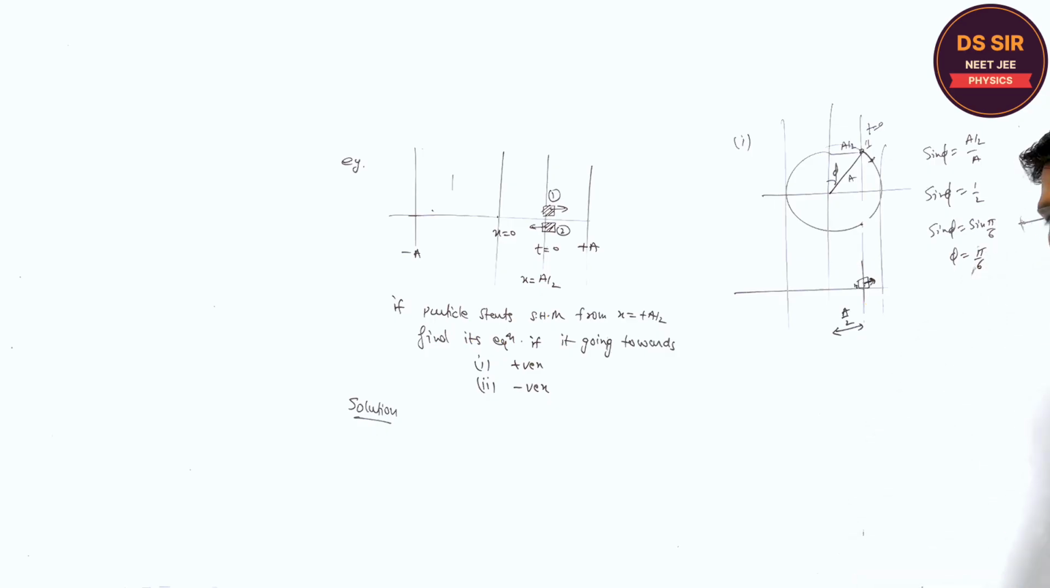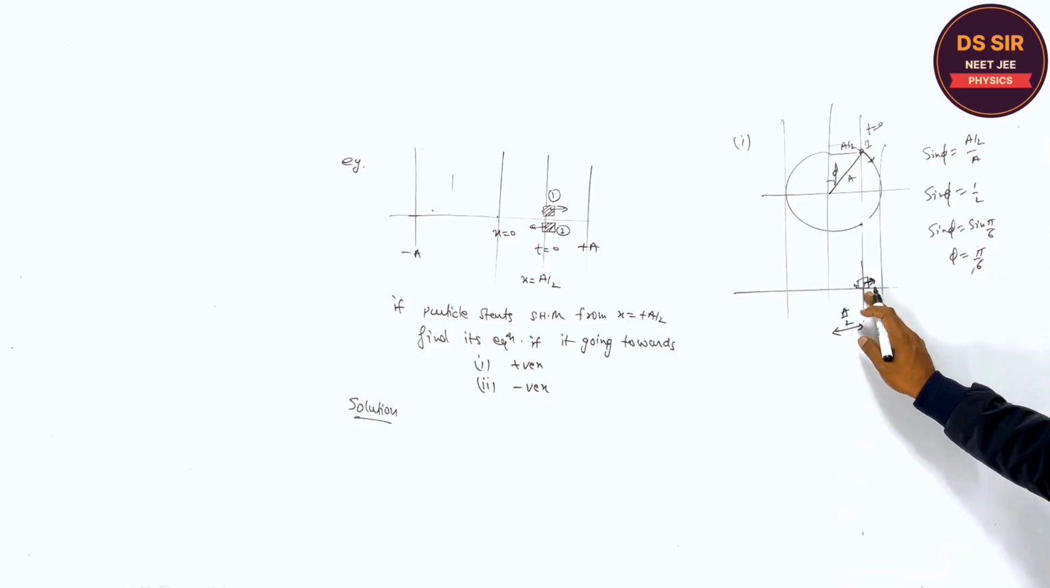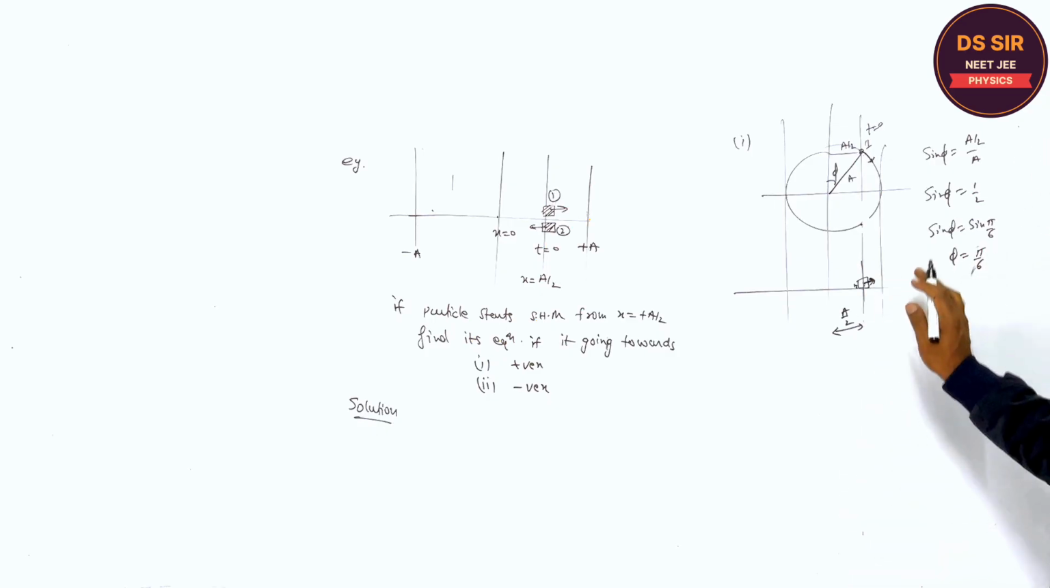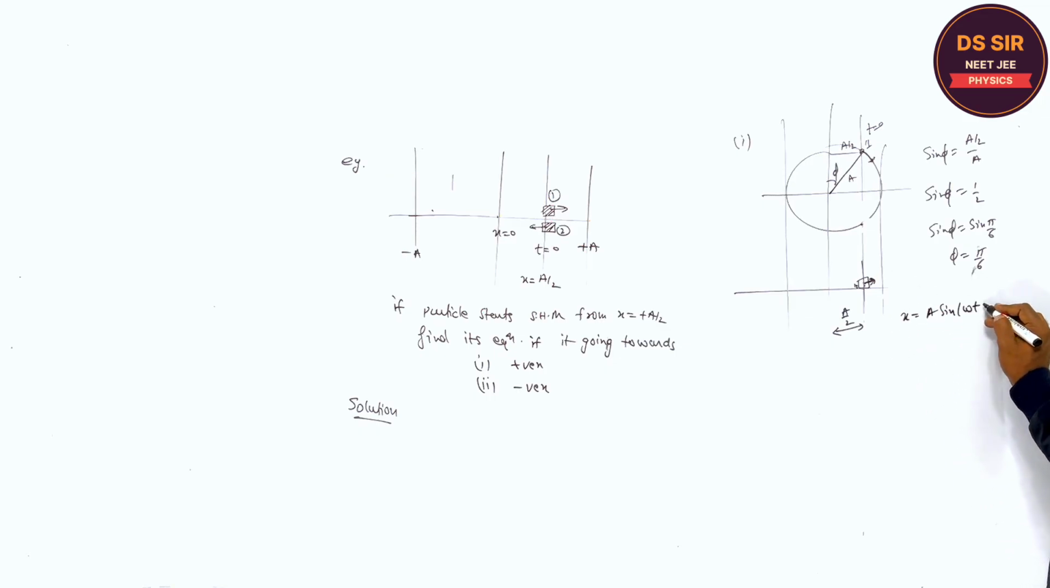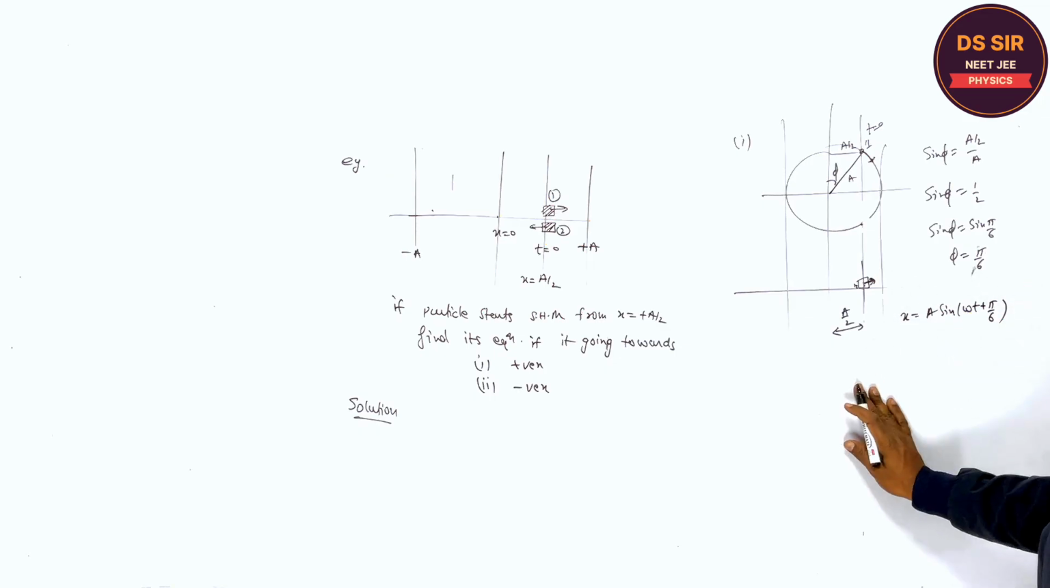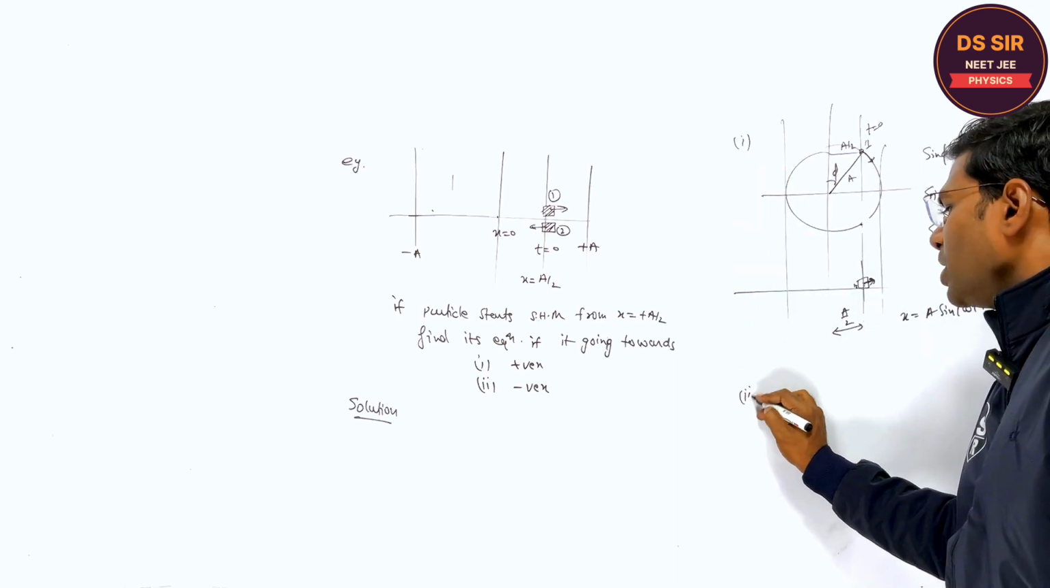Are you getting or not? So what equation will I write? For this, the equation is A sine omega t plus pi by 6. This is the first solution. Now in the second part,